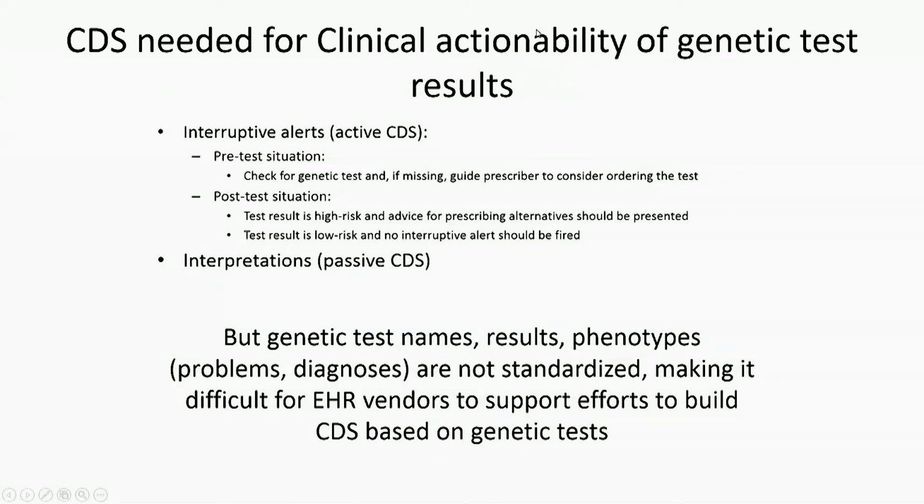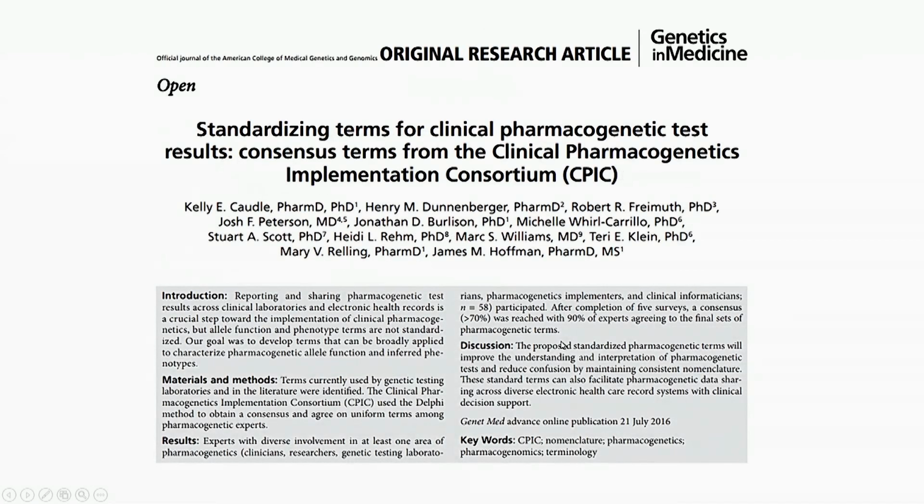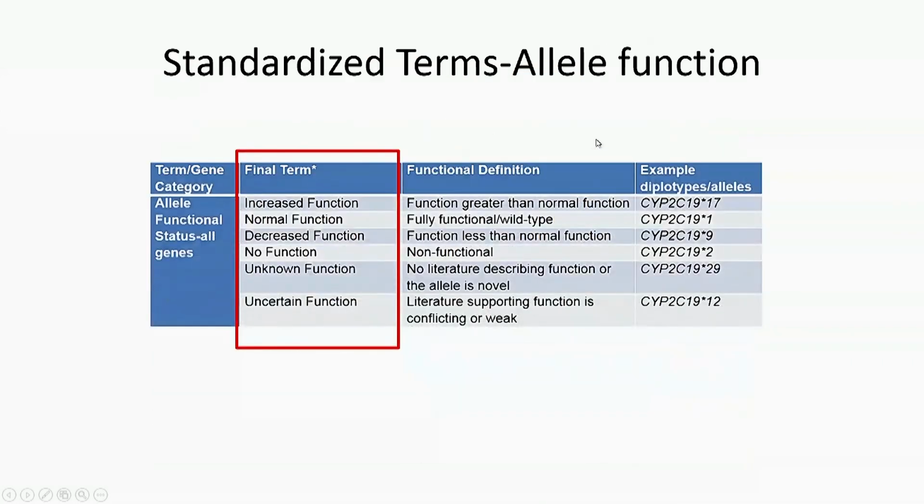So the CDS that's needed for clinical actionability of genetic test results, I hope I've given you a flavor that there has to be a way to unambiguously and uniformly refer to genetic test results in order to build clinical decision support that can be useful for prescribing information. And for the most part, genetic test names and results and phenotypes are not standardized across healthcare systems. And therefore, EHR vendors are stating that it will be very difficult for them to build clinical decision support tools based on genetic tests if the community of clinicians and researchers doing pharmacogenetics can't do simple things like come to terms on standardized terms. So CPIC collaborated with many other groups in coming up with some standardized terms for pharmacogenetics,